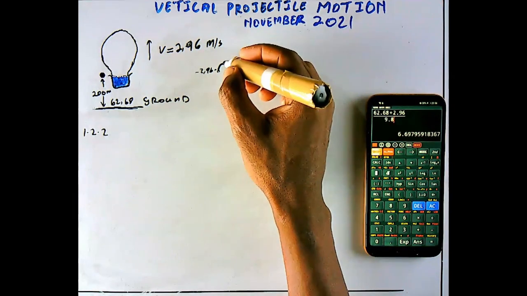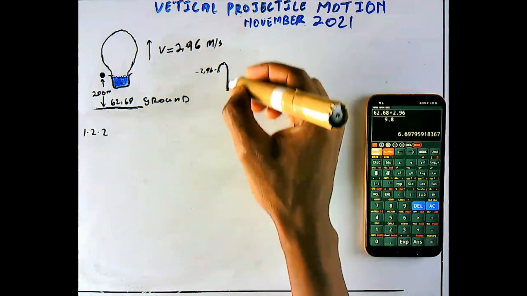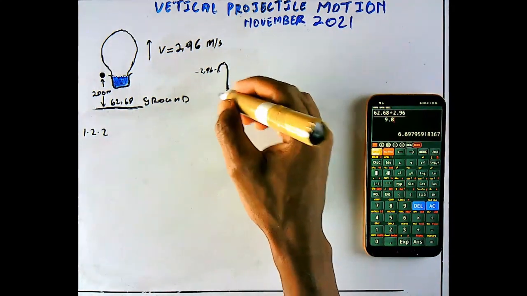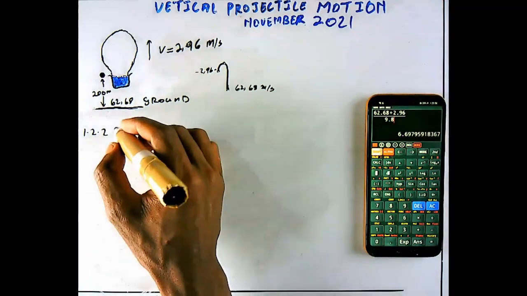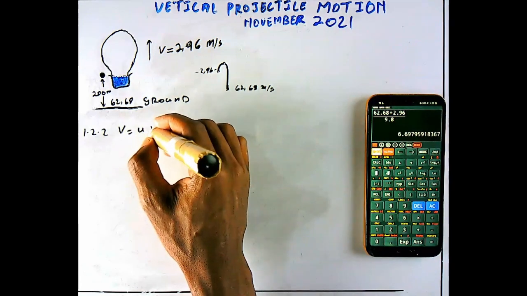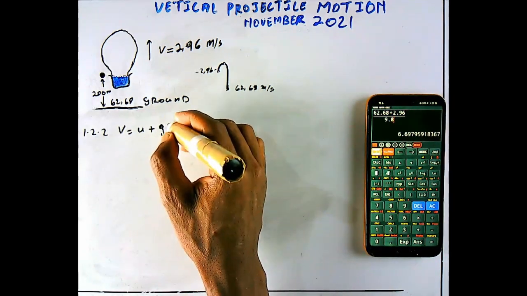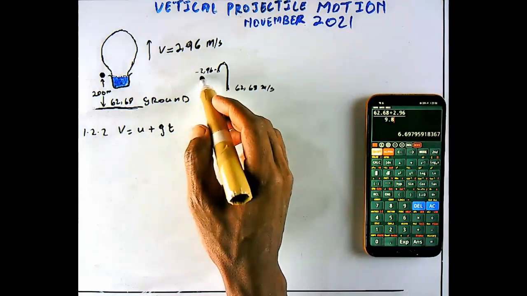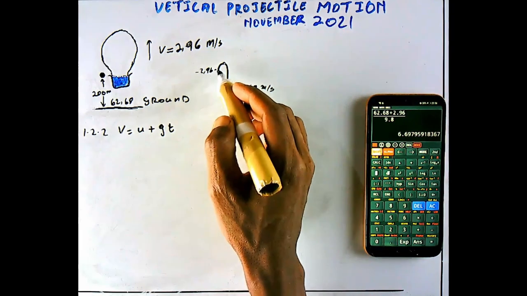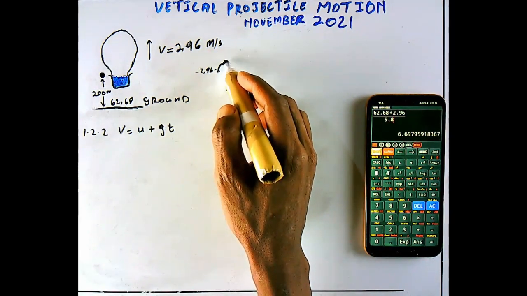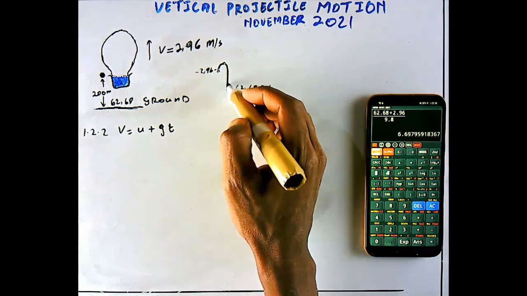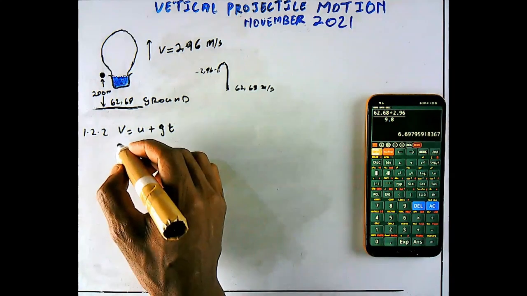Then after that, I calculate the time from maximum height to the ground. Then I add them together to get the total time. So I will use the formula V equals U plus G T. From here to here, the initial velocity is negative 2.96, and the final velocity here is 0, because this is when it stopped, preparing to go down. So I'm going to say 0